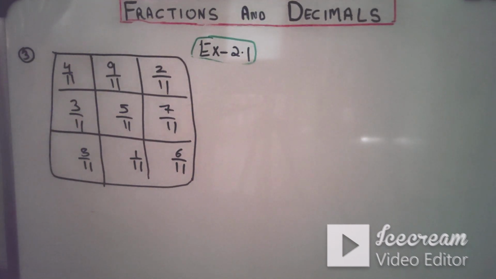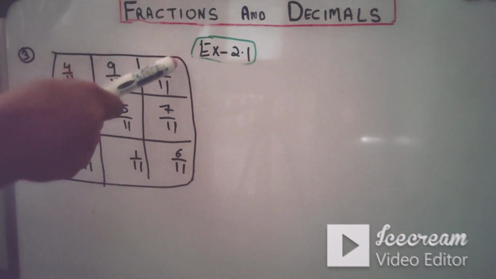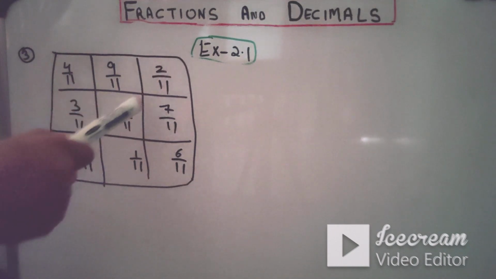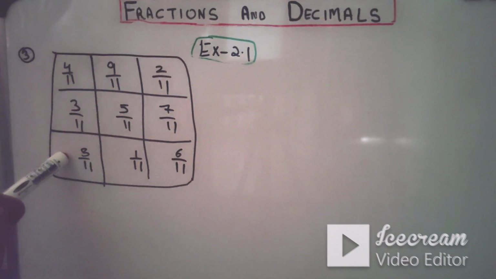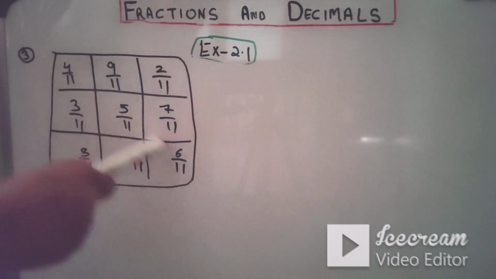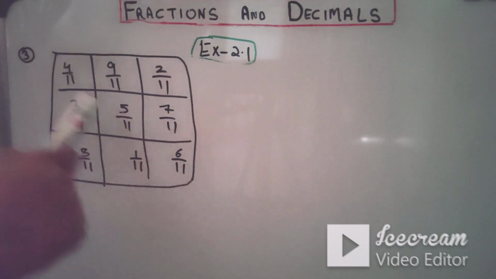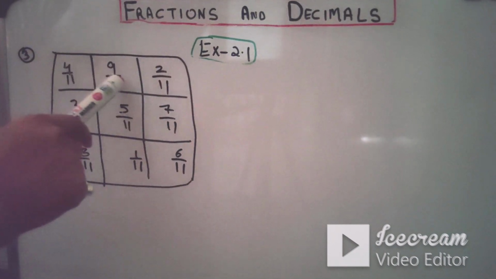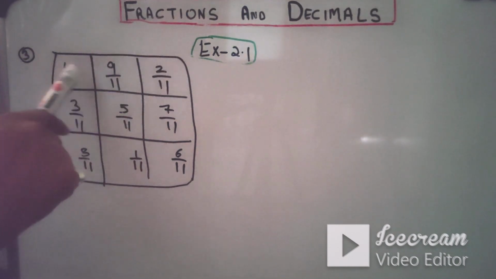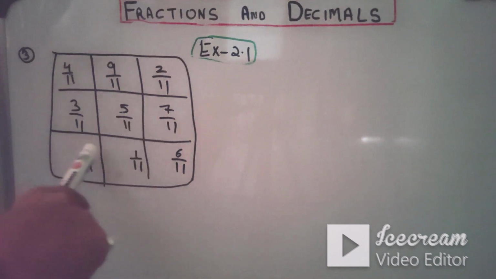Let me change with the pen, a little bit. If you calculate the numbers from here, 2 by 11 plus 5 by 11 plus 3 by 11, you will get the sum as 15 by 11. If you calculate from here, 4 + 5 is 9, 9 + 6 is 15. So from here also 15 by 11. From here you calculate 4 by 9, 4 + 9, that means 13 + 2 is 15. So 15 by 11, 15 by 11, 15 by 11.